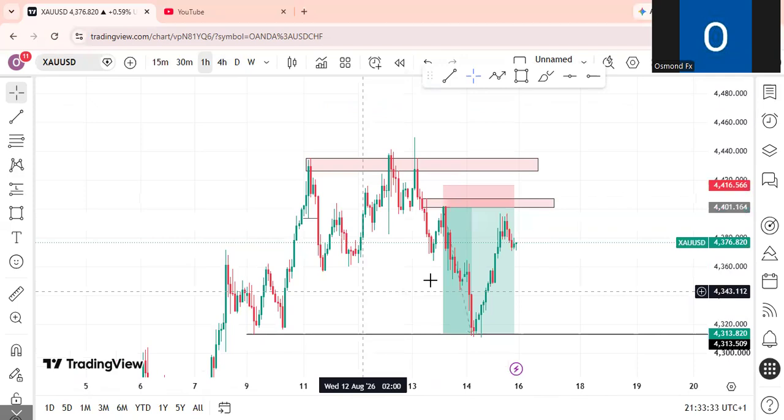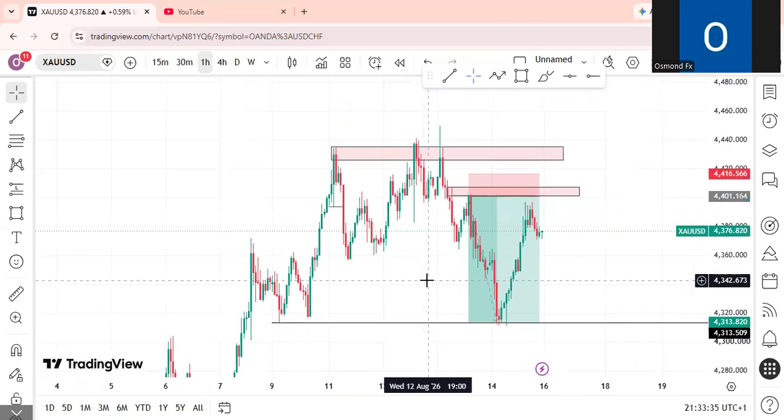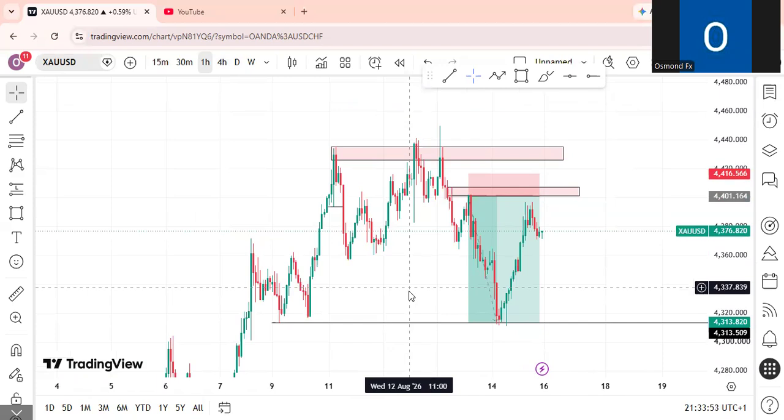So guys, you know that gold likes to take out liquidity. If you like to trade gold and you don't know about liquidity, you're going to be taken out. Gold is the king of liquidity. That is the reason why it's very volatile. So guys,